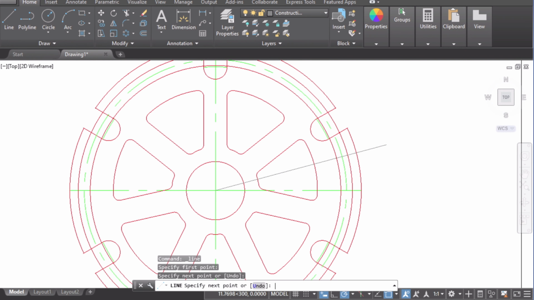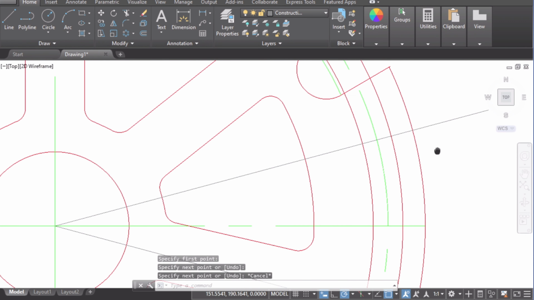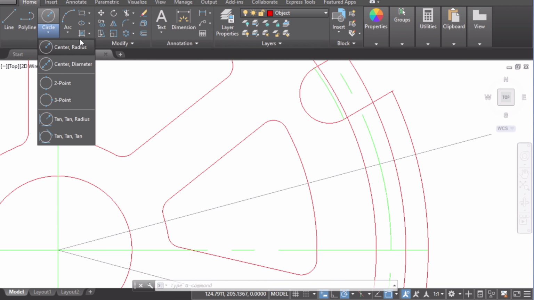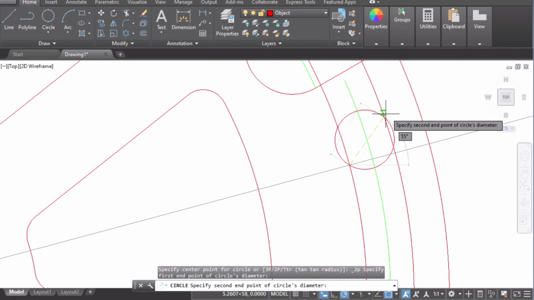That's it. And take a line once again. Start from here, click. Now again, you can track 15 degree right here. When it shows 15, you can identify it with that tracking line. Click. That's it. Now we managed to find this. Here we can easily construct the semicircle. To construct semicircle, let me go and select object layer, take a 2-point circle, and you can connect this point